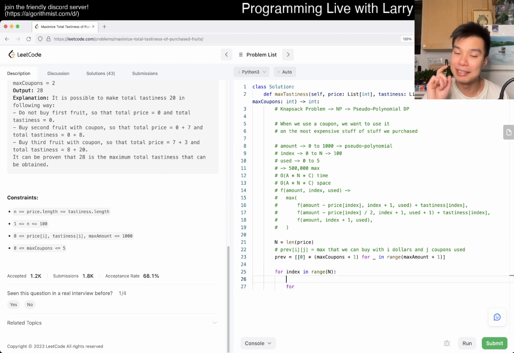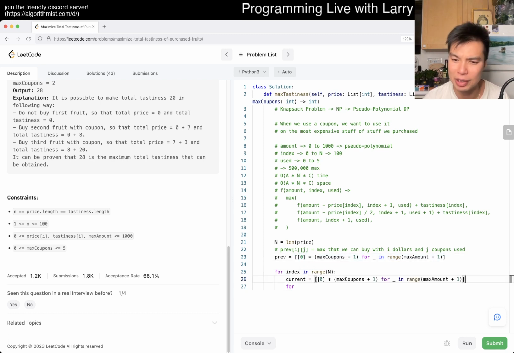There's actually an additional space optimization trick that I'm not going to use here. But for those of you who don't know the additional space optimization trick, pause the video, maybe do it in your head, and then maybe I'll talk about it after I type this out. I'll talk about it, and then you can see if it makes sense. But yeah, and then now previous, current is equal to